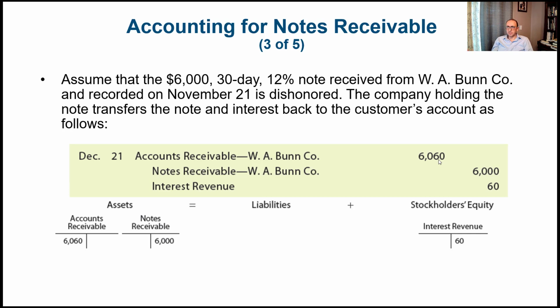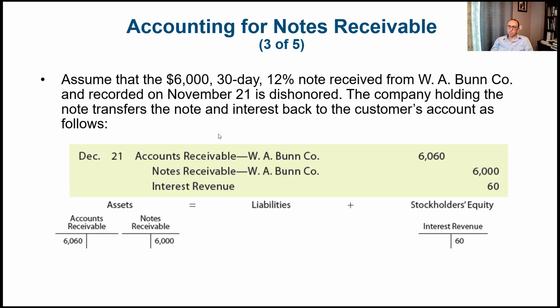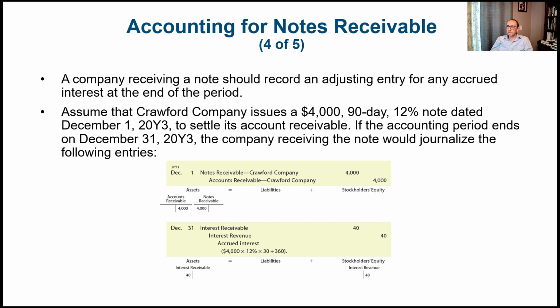So again, this is another assumption that contradicts the previous one. In the previous one, we assumed that they paid in cash the amount of the note plus the interest. But what if they didn't pay? Then we bring it back to accounts receivable. And later on, if they don't pay at all, then we're going to write off the whole value, including the interest. So a company receiving a note should record an adjusting entry for any accrued interest at the end